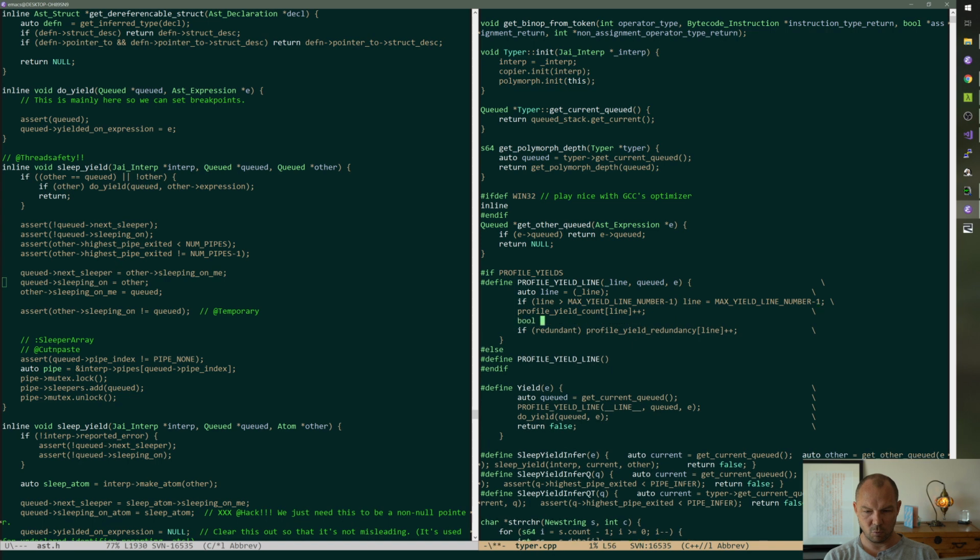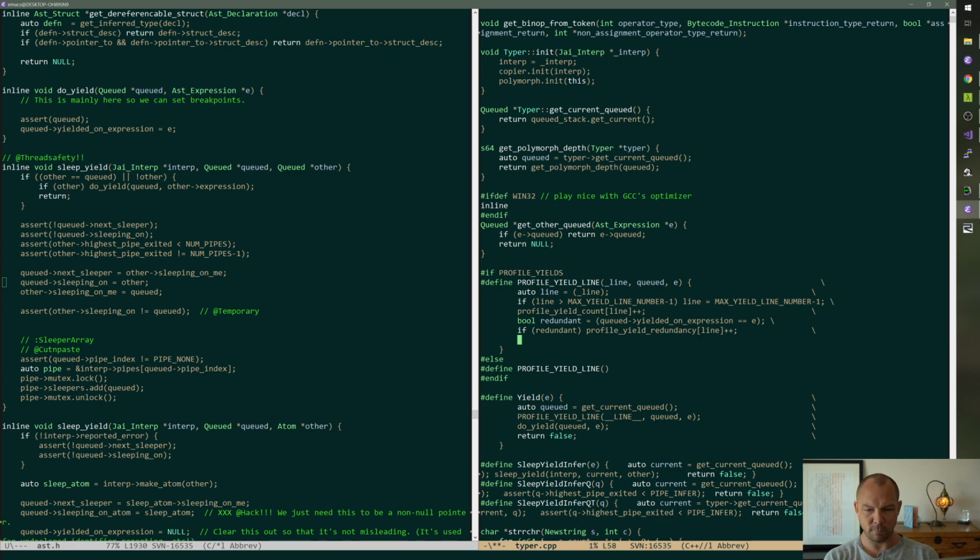Okay, we're going to say bool redundant equals queued yielded on expression is equal to E. Okay, but in addition to that, we're going to say if E arrow queued and queued not equal to E. I'm playing the parentheses.